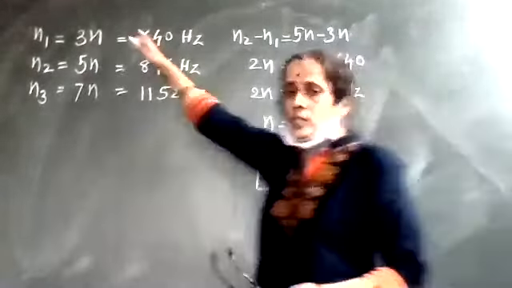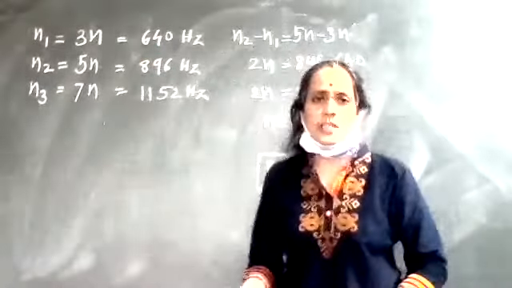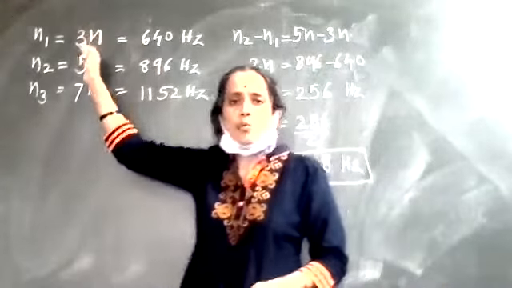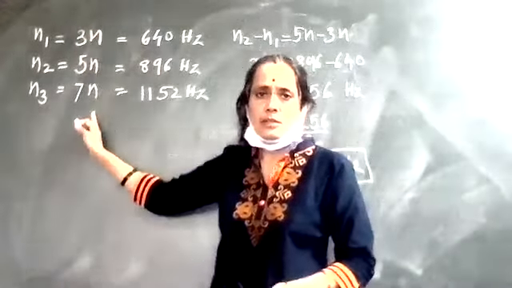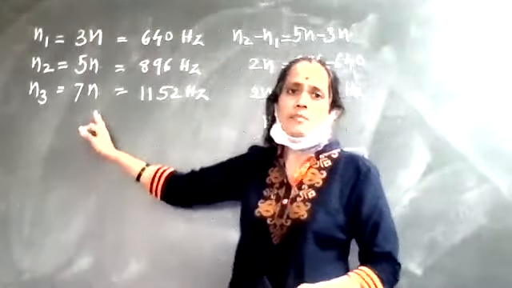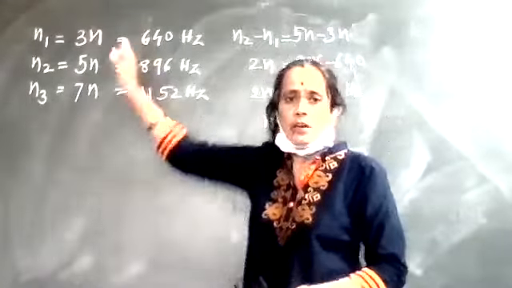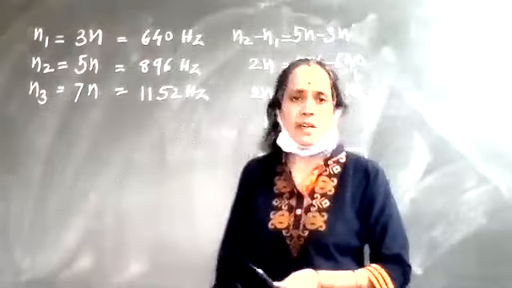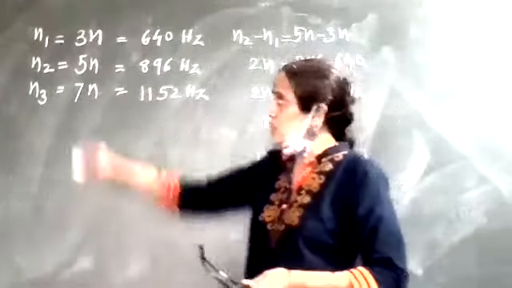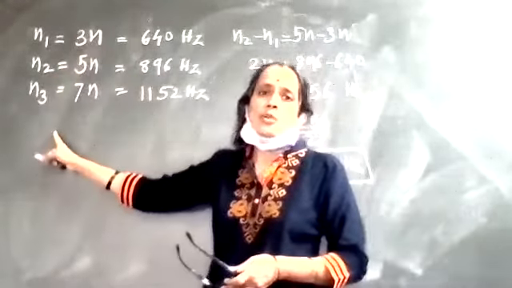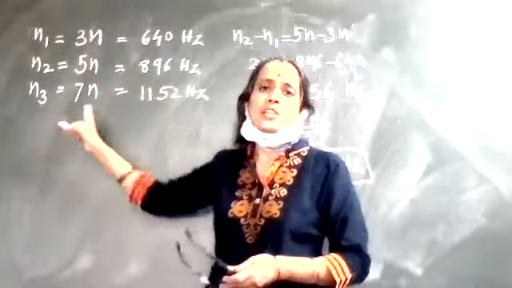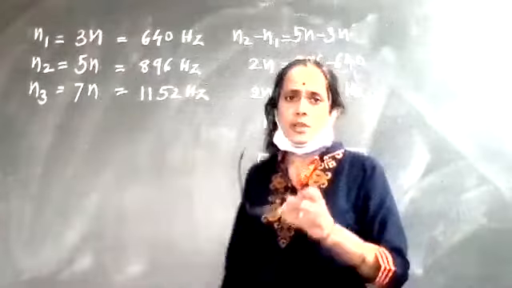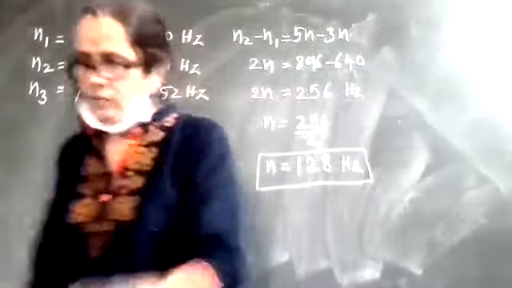So just concentrate on what situation is given. Here the pipe is closed at one end, which means the air column is vibrating with odd integral multiples of the fundamental frequency. And that's why you have to write down your overtone frequency in connection with the harmonic frequency. Clear, and then we can solve that particular problem. Fine.